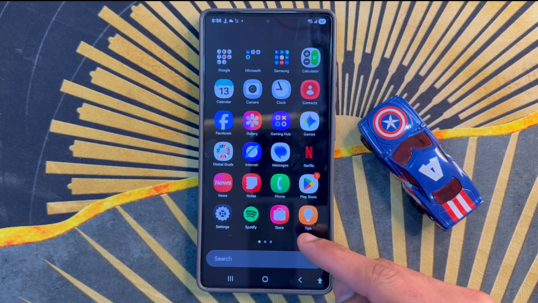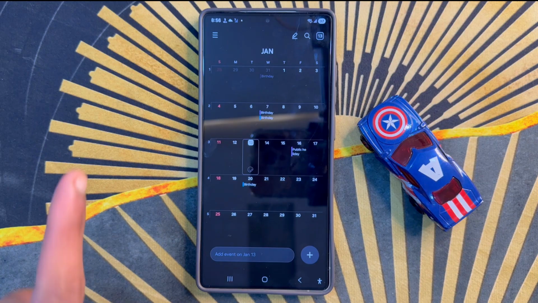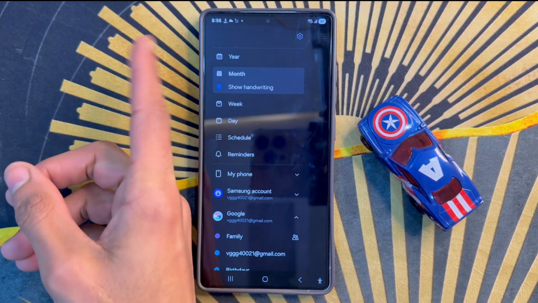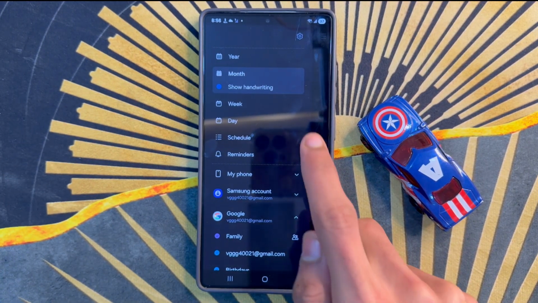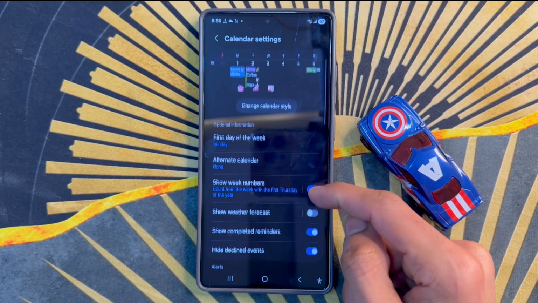Here click on calendar app. After clicking on calendar app, click on this three line icon. After clicking on this three line icon, click on settings icon. Now in calendar settings, scroll down